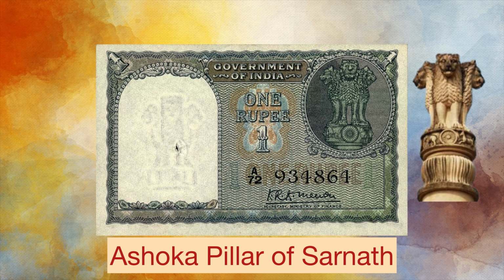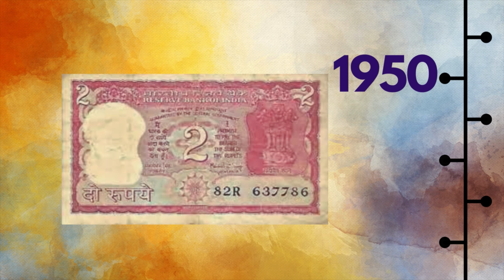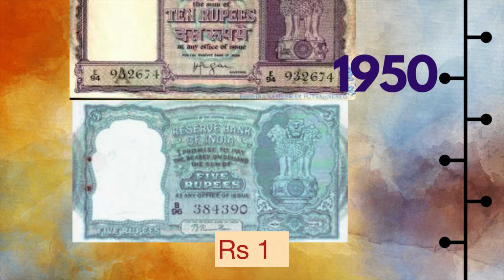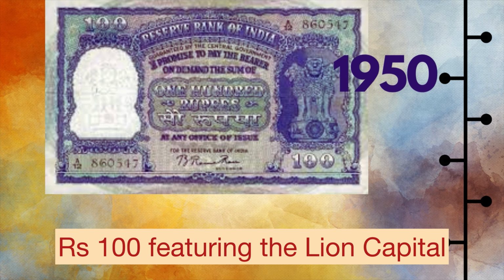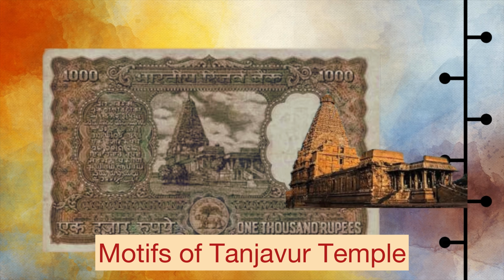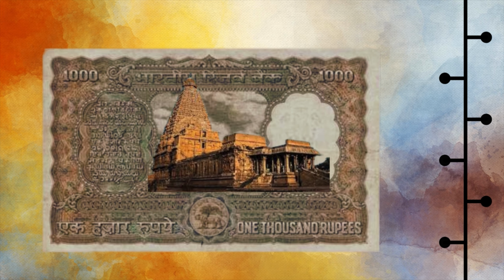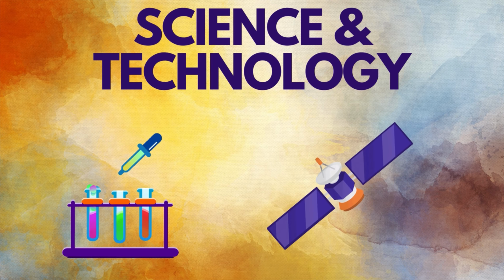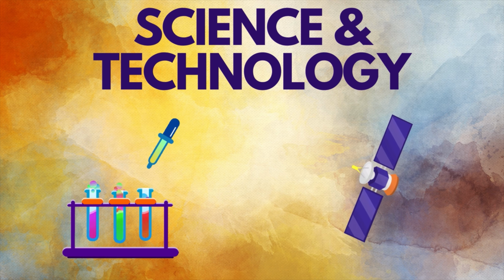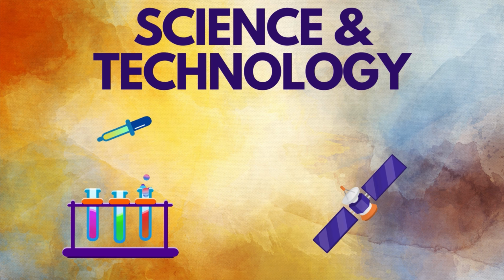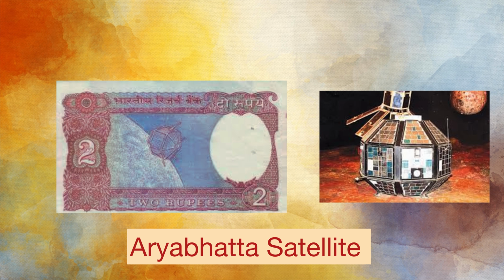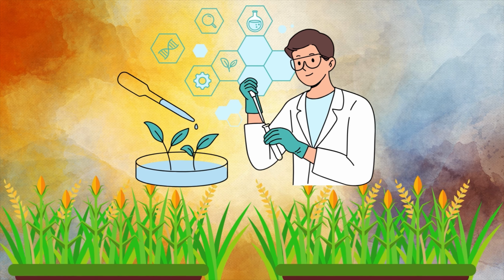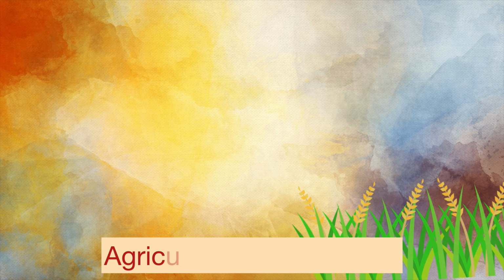pillar of Sarnath. Continuity was maintained when banknotes in denominations of rupees 2, 5, 10 and 100 were released, featuring the lion capital. Later on, even motifs of Thanjavur Temple and Gateway of India made it to the currency notes. India's progress in the later decades in the field of science and technology was showcased with images of the satellite Aryabhatta. And even advancements in the field of agriculture were portrayed with the images of farm mechanization making it to